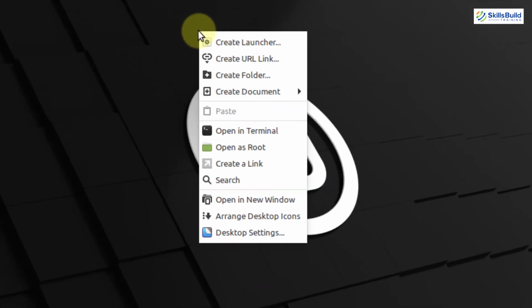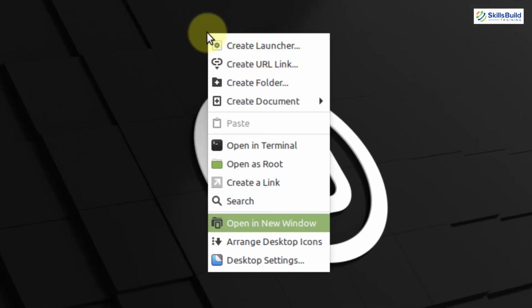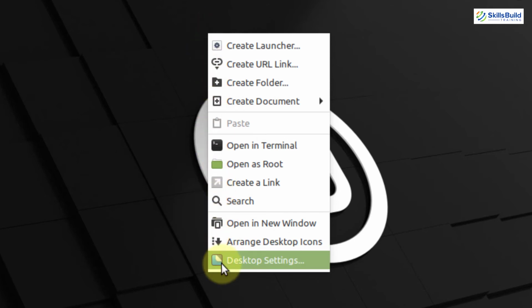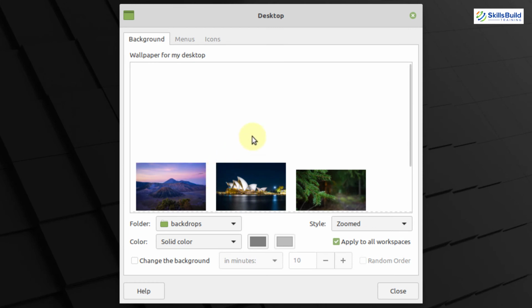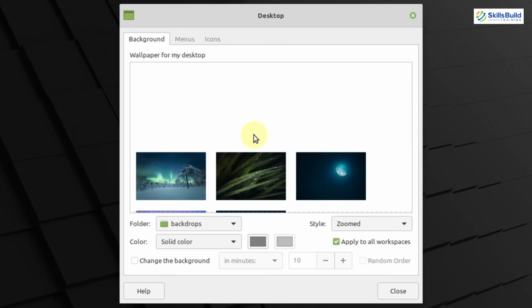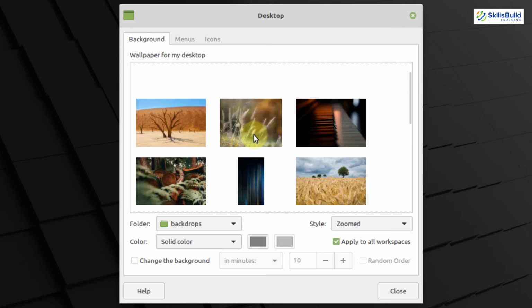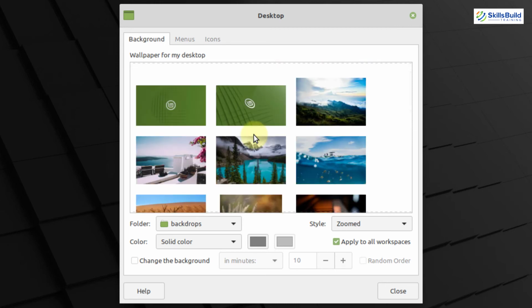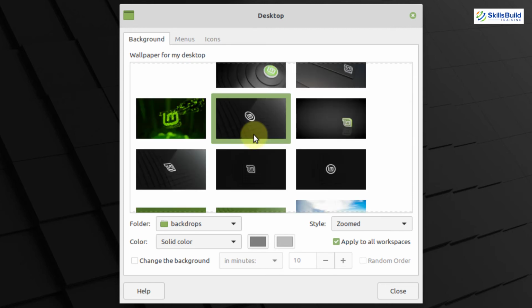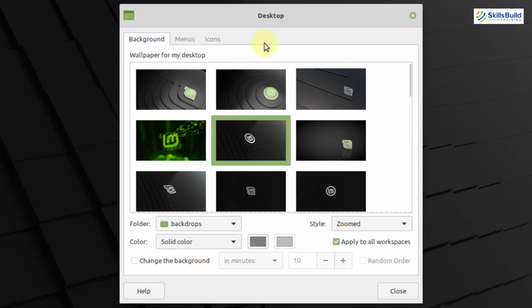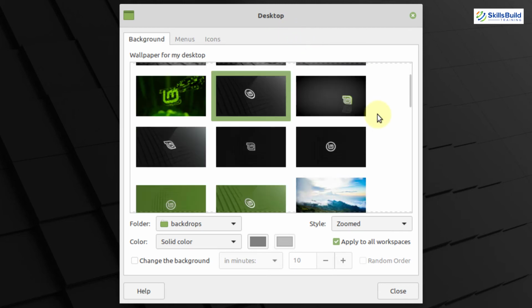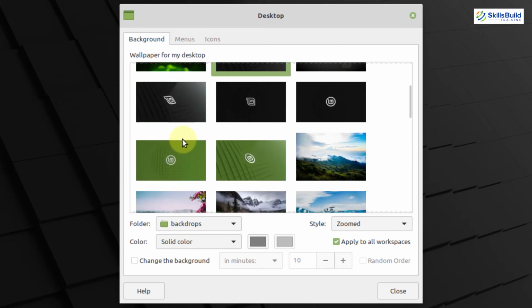I will right click on my screen and let's change the desktop settings. Here it is. Now we also have a small icon for desktop settings. So here we have some of the backgrounds available that we can apply onto the background of our desktop. But if you remember, in Linux Mint Mate, we had some of the themes available as well. But in Linux Mint XFCE, we do not have any of the themes available in here. We can only use the background for our desktop and that's it.